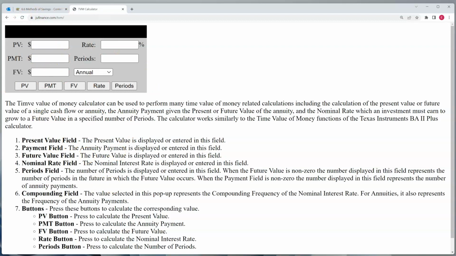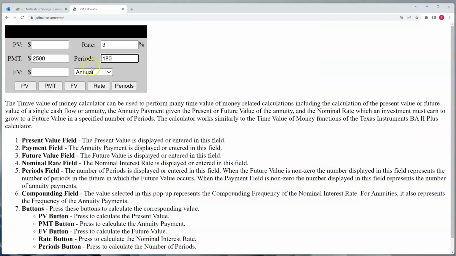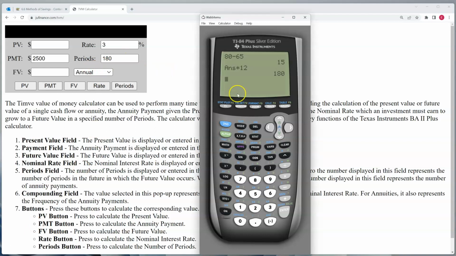This isn't from the book, but I just want to show you, let's say that you're in retirement and you want to be able to live off maybe $2,500 a month. And you've got an account, let's say it's generous, paying you 3%. Now, most people retire at 65, and most people nowadays live to about 80. So let's say 80 minus 65, you're talking about 15 years of retirement. So multiply that by 12. So you're looking at 180 months from the time you retire till the time you kind of